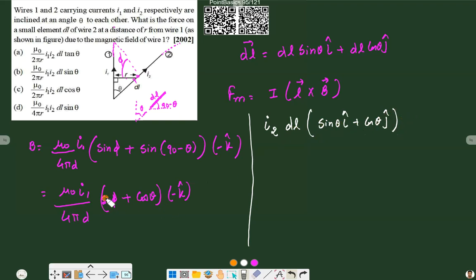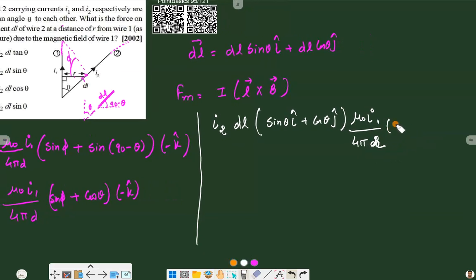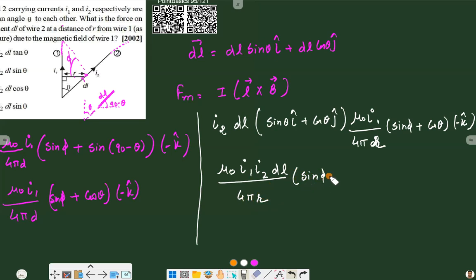Our magnetic field is mu naught I1 by 4 pi d, and d is equal to r, so we put r here, with (sin phi plus cos theta) in the negative k direction. So let's write them. It will be mu naught I1 I2 dl by 4 pi r into (sin phi